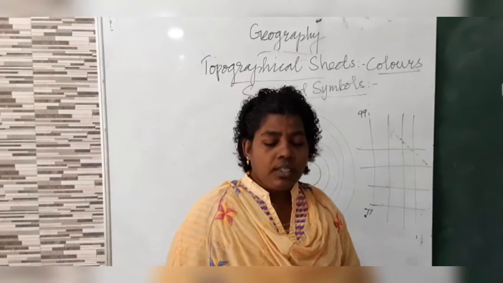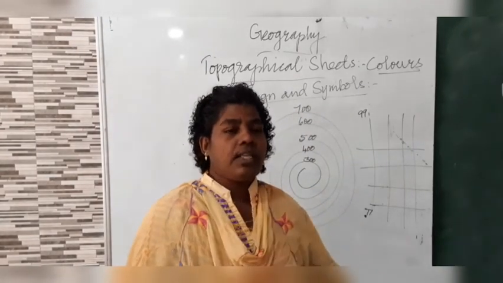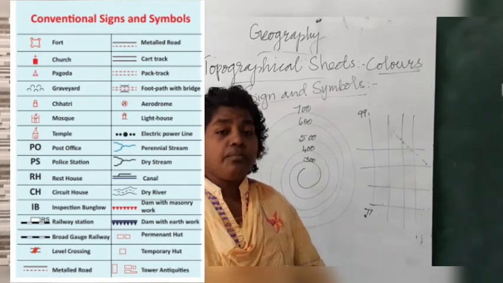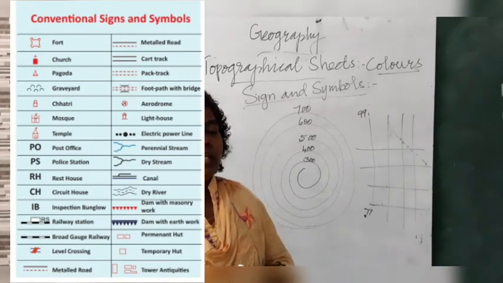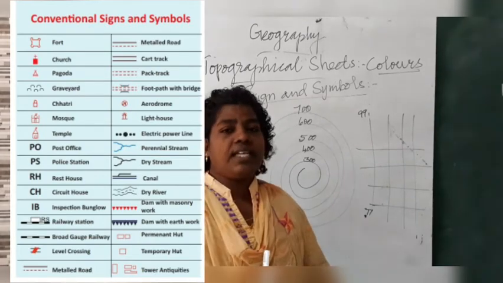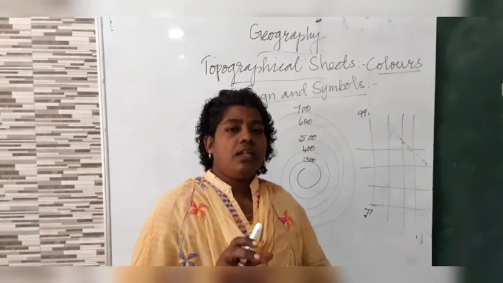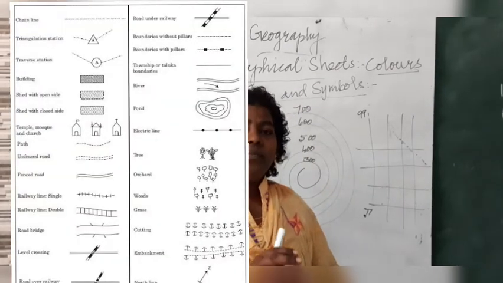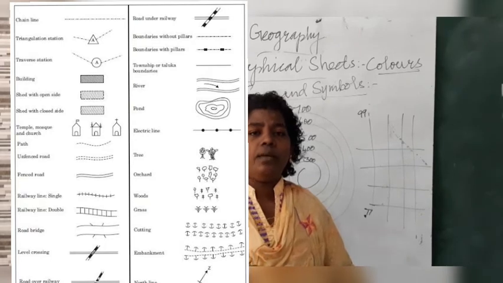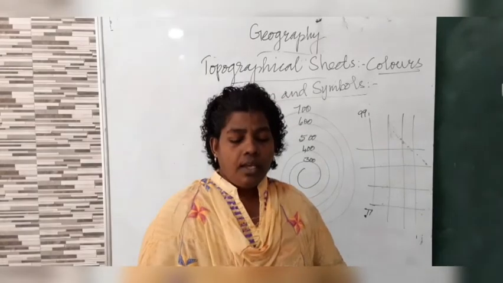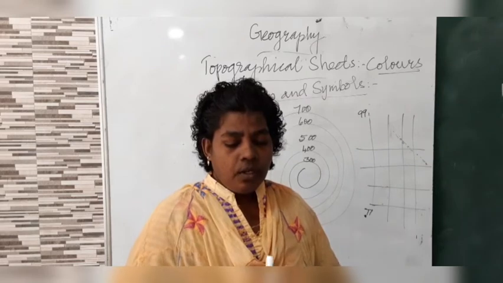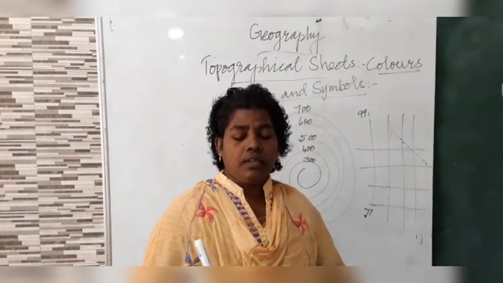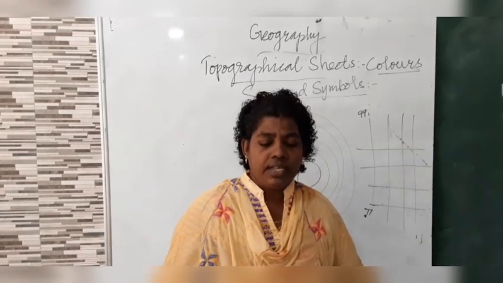What are the different symbols we have seen for the national boundaries and the international boundaries or the state and district boundaries? For the international boundaries, what will be there? Dashes and dots will be thick and it will be drawn very close. And the state boundaries, same dashes and dots will be there, but it will be drawn thin. And district boundaries, dots will be drawn wide apart. Okay, there will be a gap between each dash.